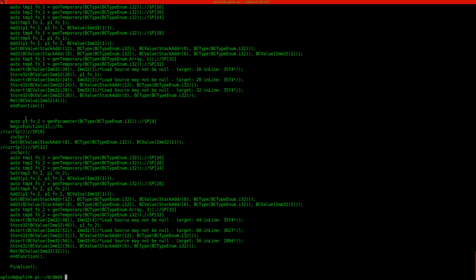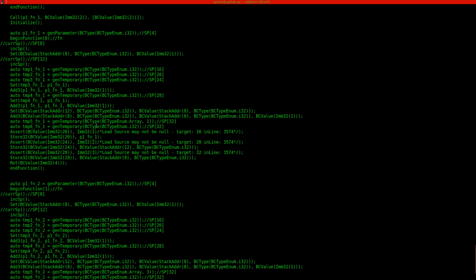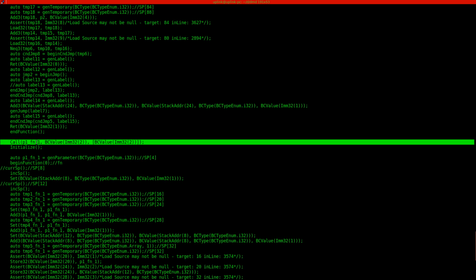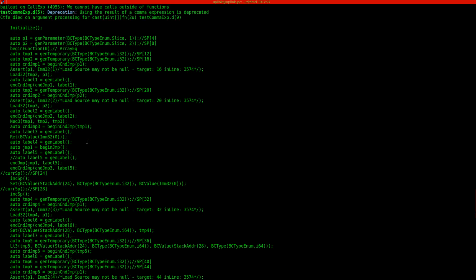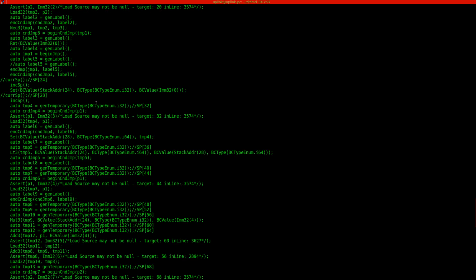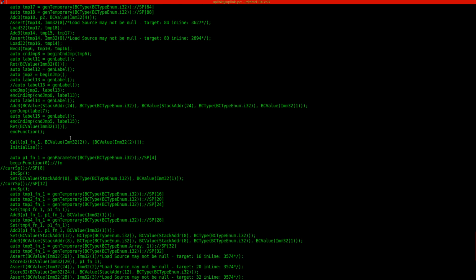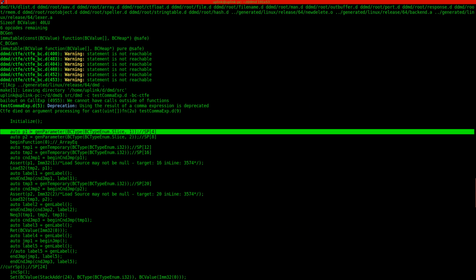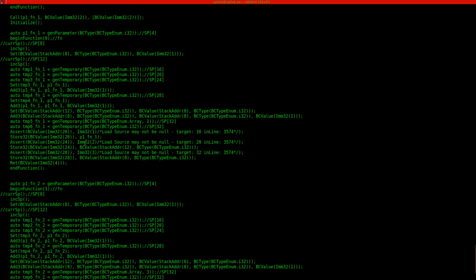So basically we would generate a temporary, do the call into the temporary, then we generate the array we compare against, and call this function. This would be the first thing we do. Now,